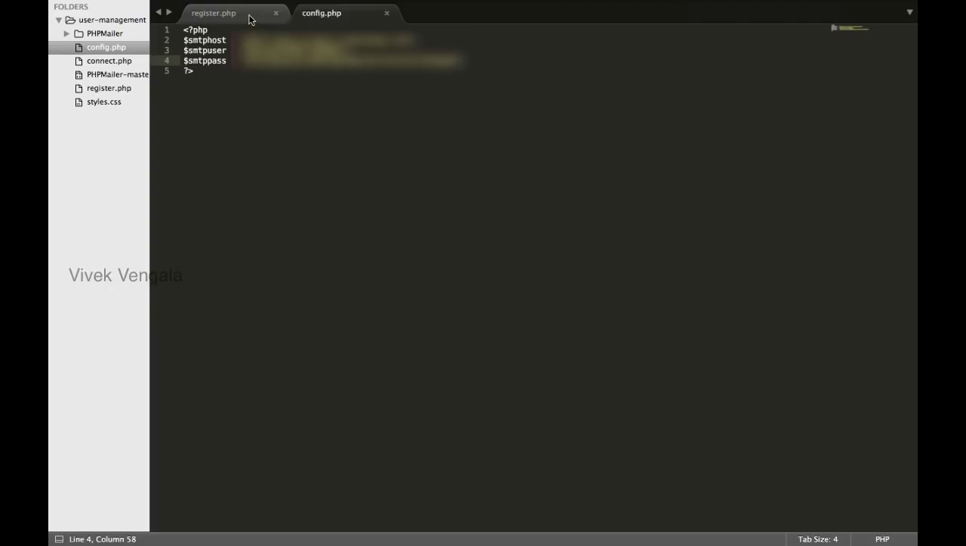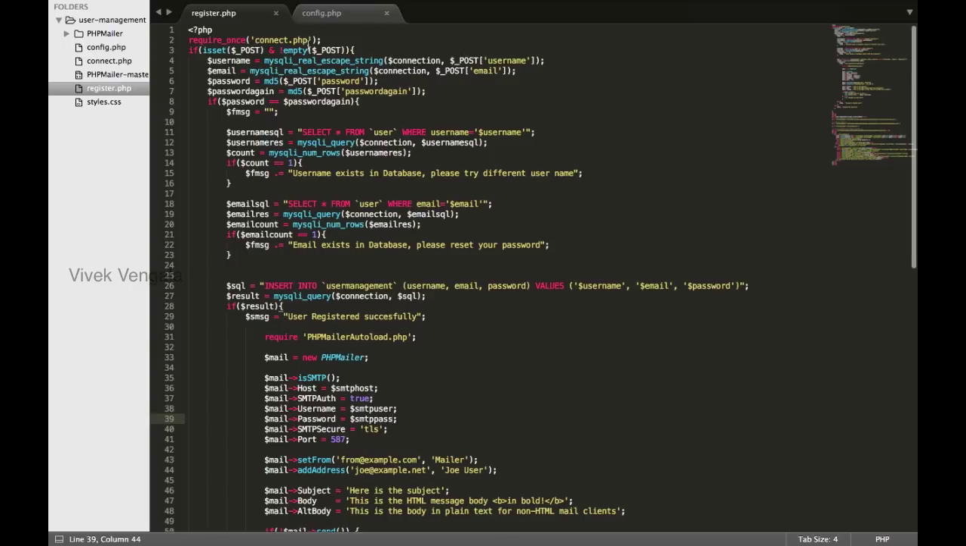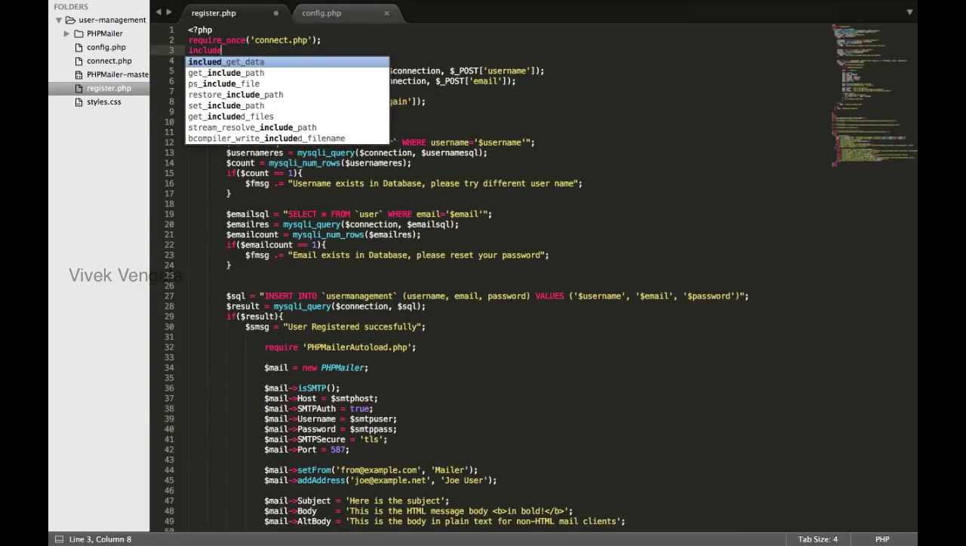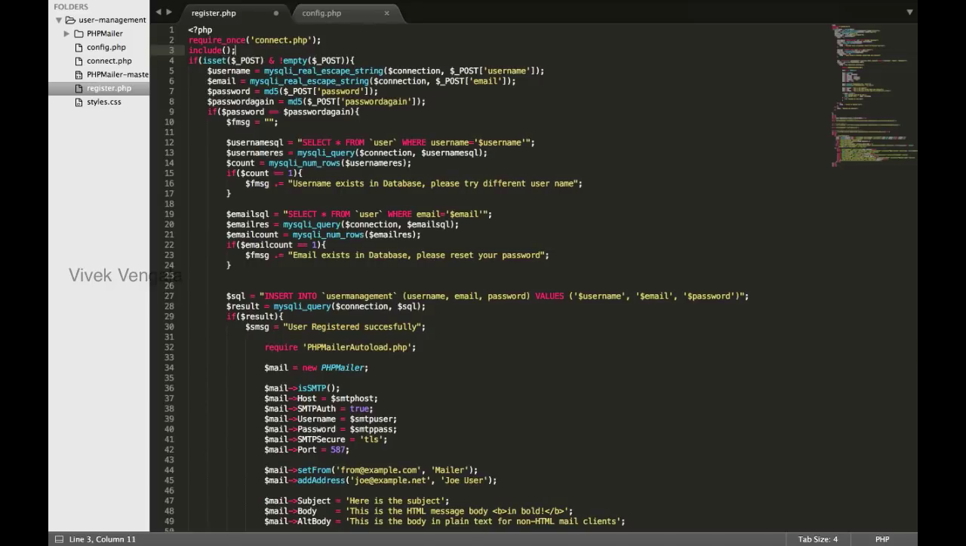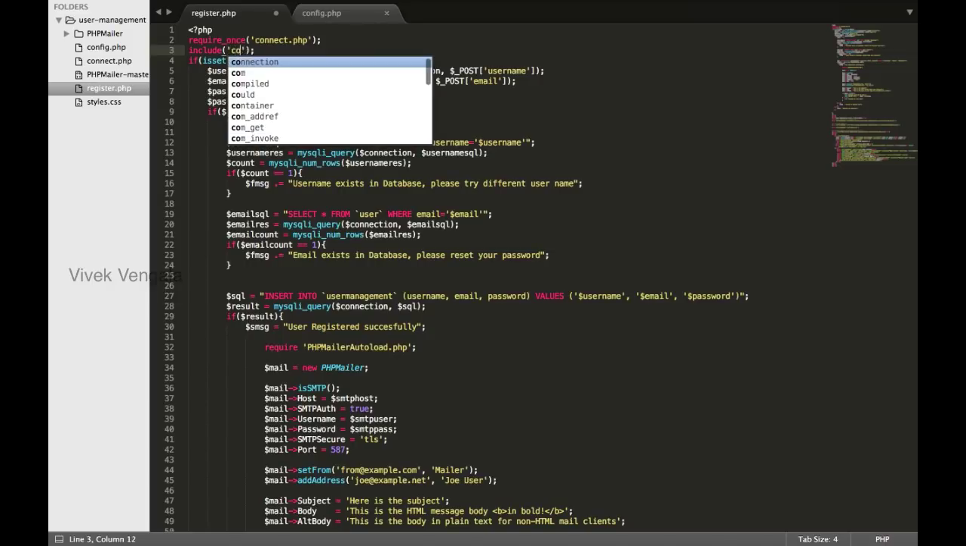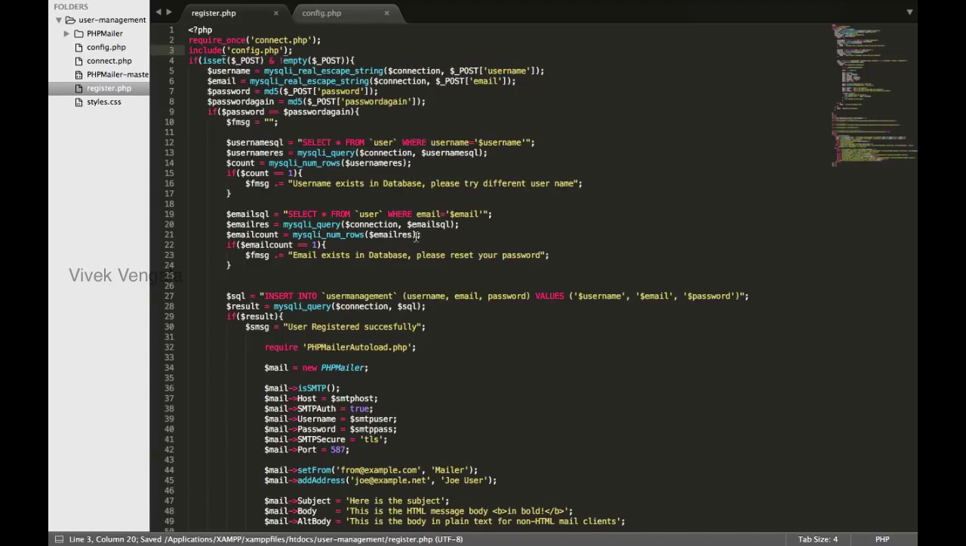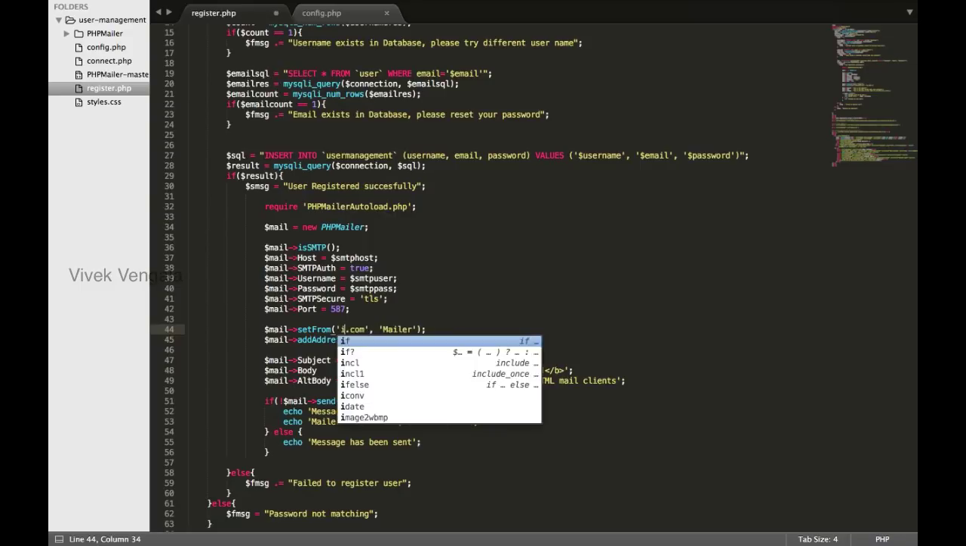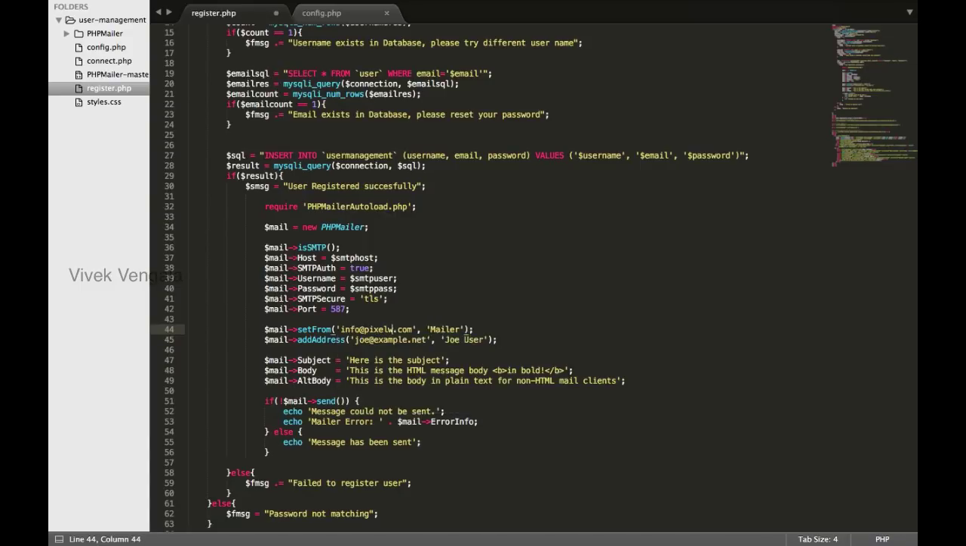I will include this file in our register.php file using include PHP function. Config.php. And the sent from email ID is my company email ID. It's info@pixelw3.com,